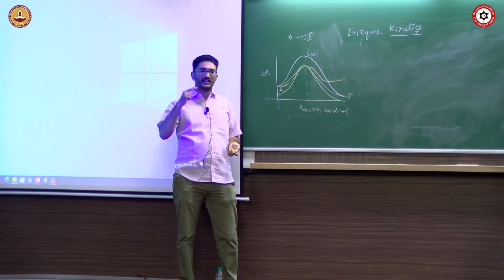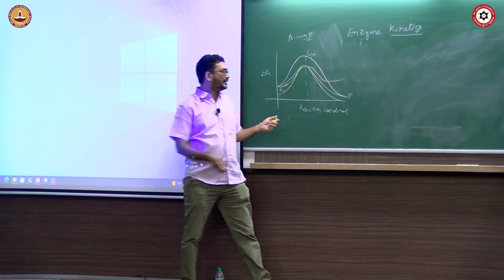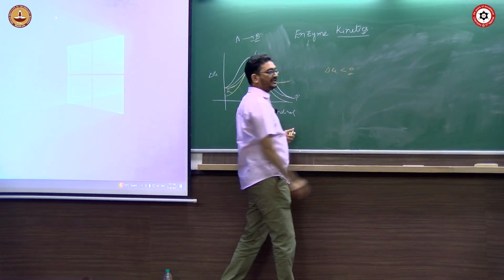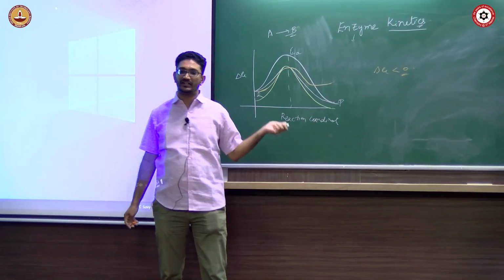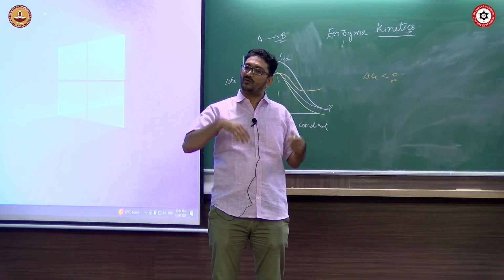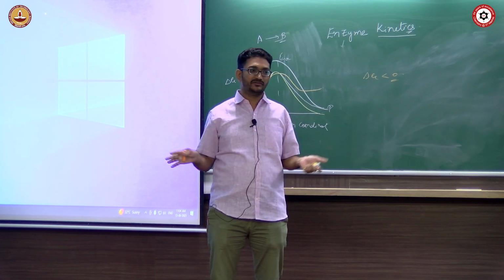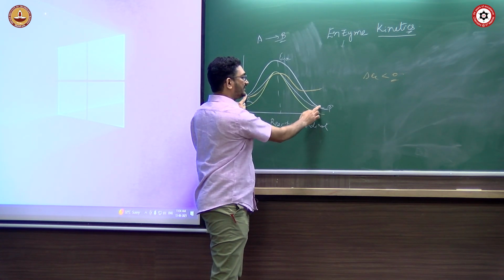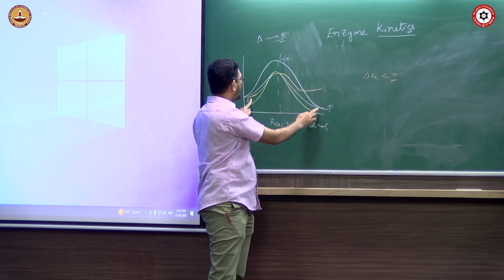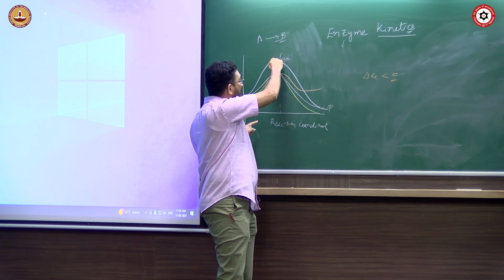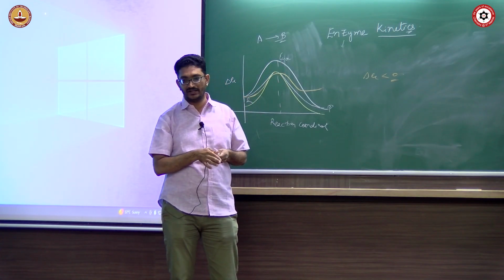That means if a reaction is non-spontaneous, so generally when do you call a reaction spontaneous? When delta G is negative, right? That is when you call it a spontaneous reaction or when the reaction is feasible. If a reaction is non-spontaneous, no matter what catalyst you use, the reaction will not happen. So it is not going to change or alter this energy difference. It is not going to change the energy difference of the reactant or product. It is only going to change the activation energy barrier, that's all.